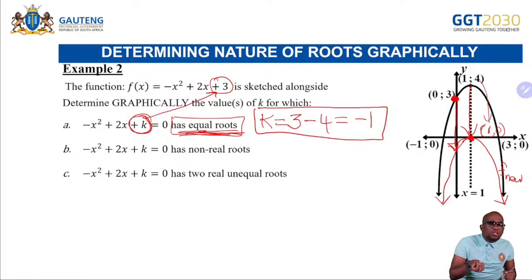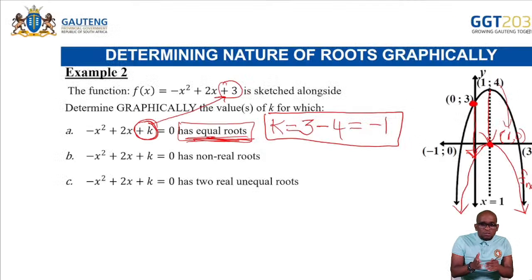I will not revert to this method. I will use another method which I believe is much easier, but you guys would choose your own way. This is the method that I will use. I know with the previous problems I was just moving that horizontal line. Because I was moving the horizontal line, everything became a bit easier because the graph was not moving at all. So what I'm going to do now is go back to that method